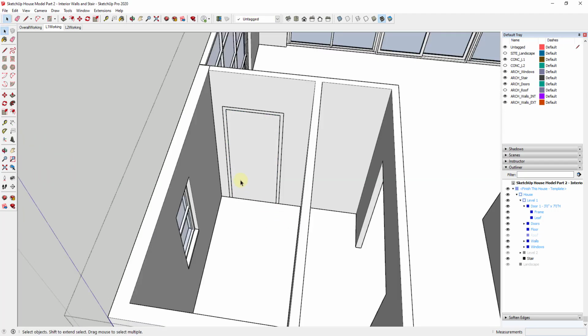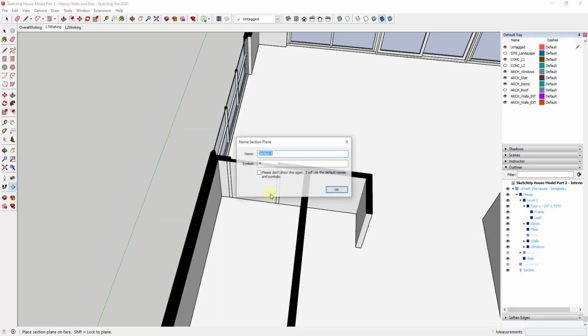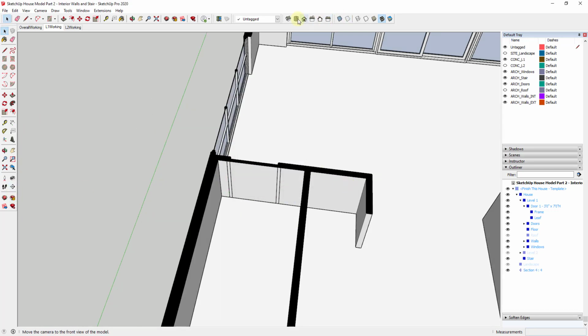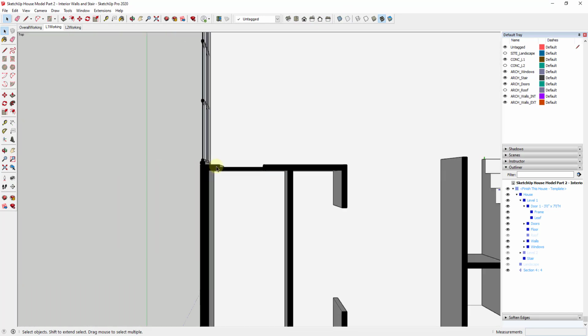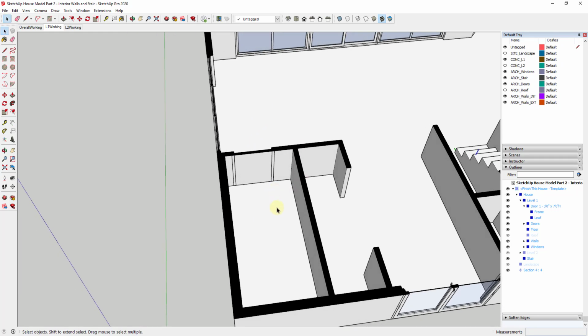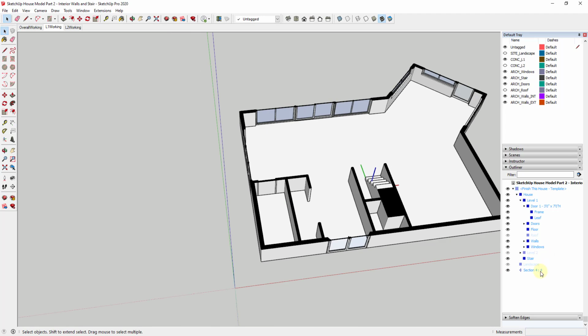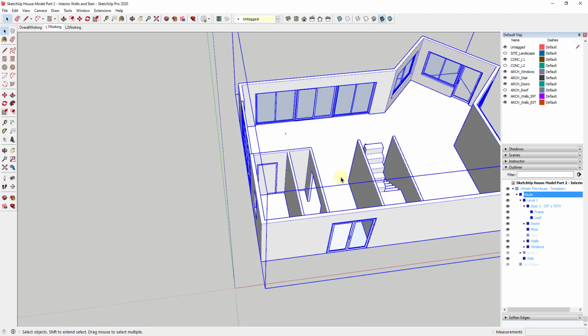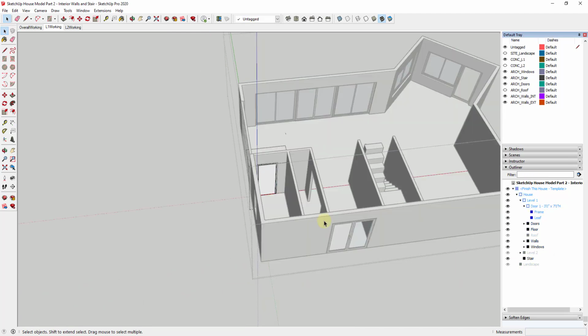But the one thing about this, though, is if we were to take a section cut along this whole thing, and look at it straight up and down, we currently don't really know just by looking at it which direction the door is going to swing. So we need to create a visual indicator of our door swing inside of our model so that we can see where that is when we take this into layout. And one thing to note about that is we need to create another layer for this that we can turn on and off, because if we're rendering or something like that, we don't want that leaf to show up. So I'll just delete that section cut out,